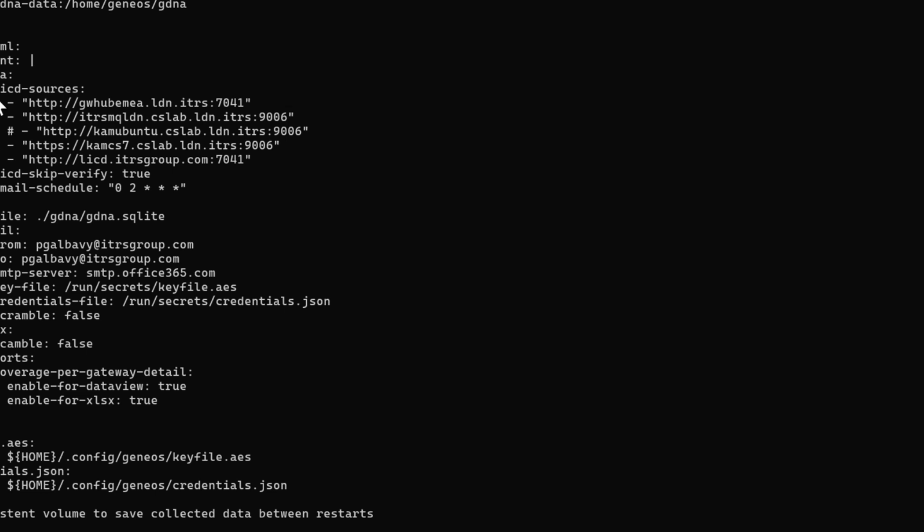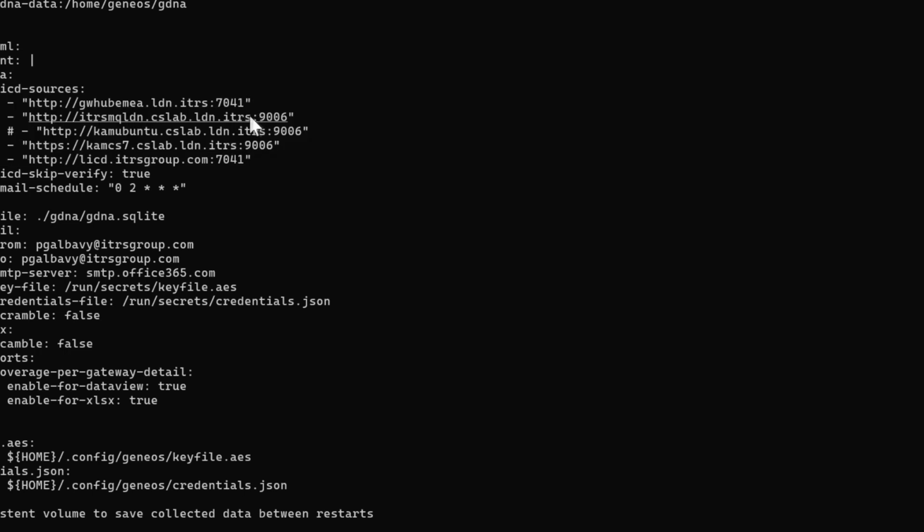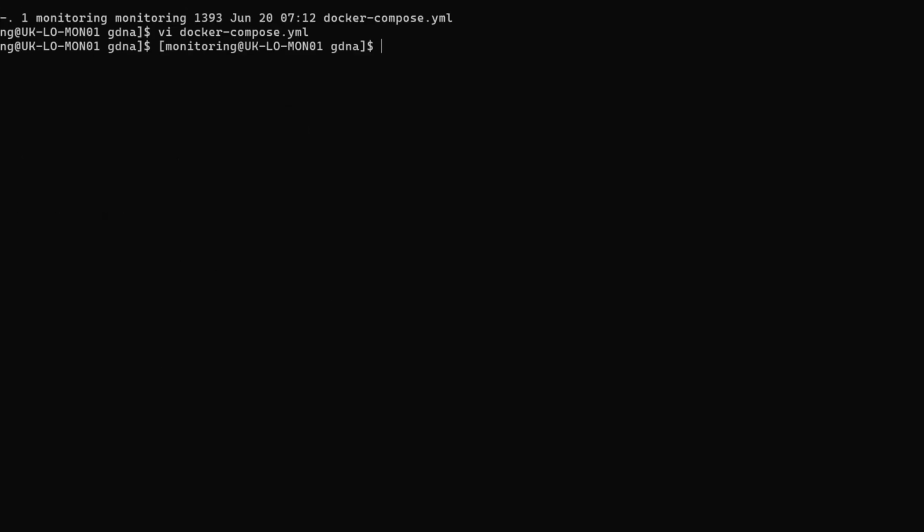Here is where I'm telling it where the license daemons are, and we're just pointing it to a handful of internal test, semi-production, etc. license daemons within ITRS, just to get some data. Obviously, I'd love to demo this using real client data, but of course, that's not going to be possible. So once you've got that,